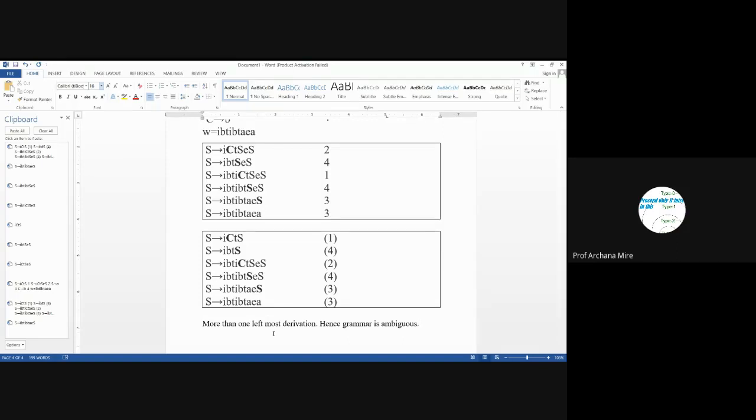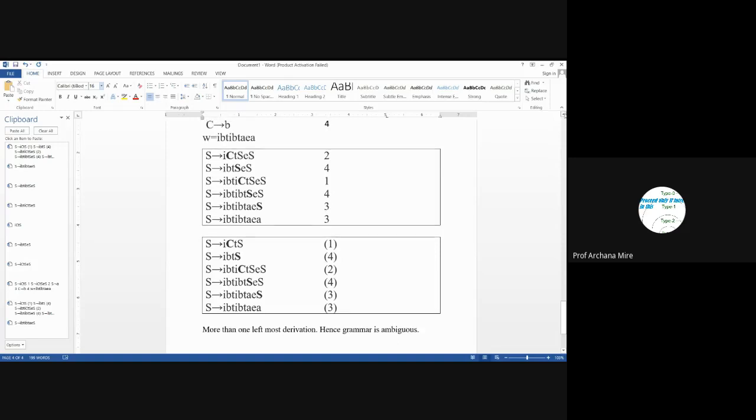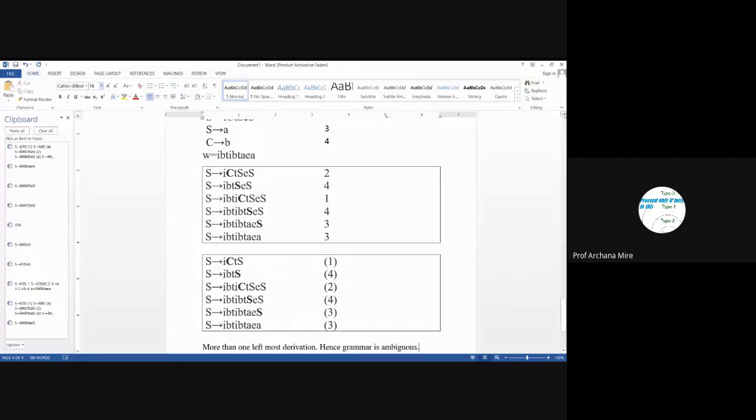I don't need to find rightmost derivation, or I don't need to find any derivation tree. Finding two rightmost derivations, or proving that this grammar is ambiguous by identifying two rightmost derivations, I will give it as an assignment to you, that you try at home, because otherwise we won't be able to find two derivation trees.